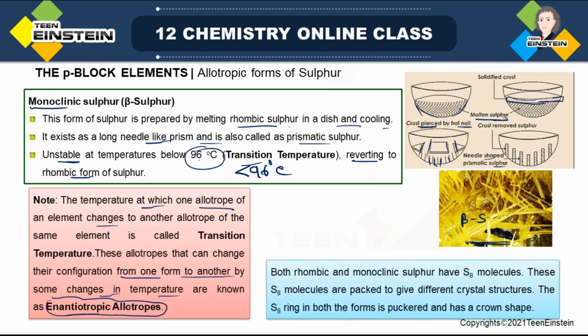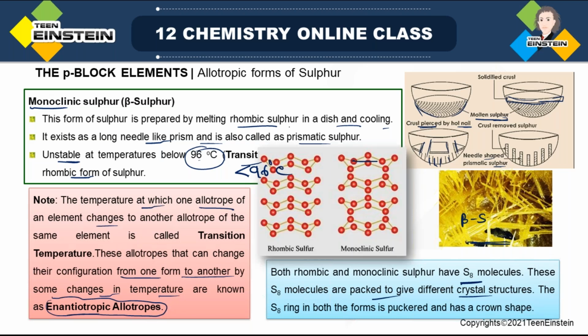Now some common features for both rhombic and monoclinic: both of them have S8 molecules. These S8 molecules are packed to give different crystal structures. That is, S8 is common, but depending on how the packing occurs, you can have either alpha or beta. Now you can see these crown shaped